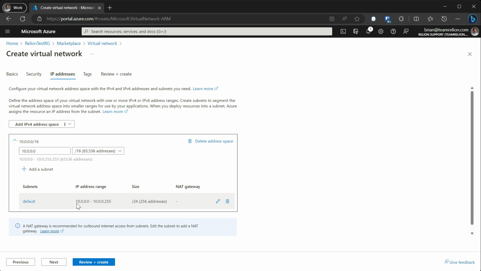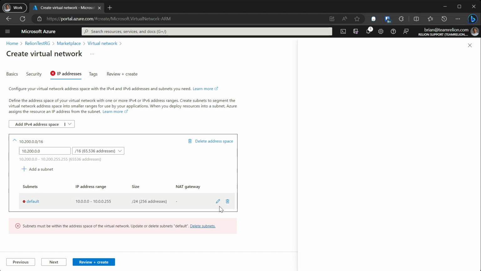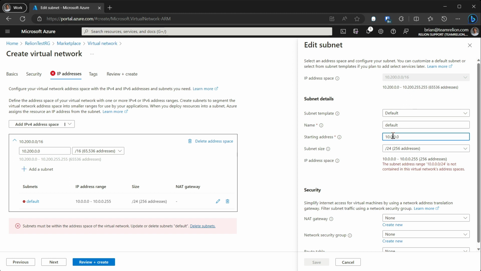Speaking of site-to-site VPN, it is common for small businesses to have a subnet starting in 10.0. This means that the default address space will be in conflict. So for this reason, we like to change it to 10.200. And because we changed the address space, we're going to also need to update the subnet and make that